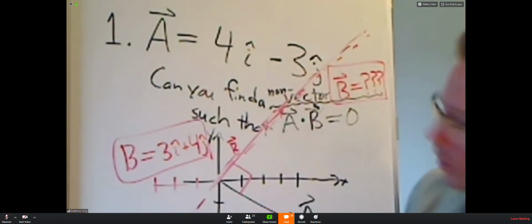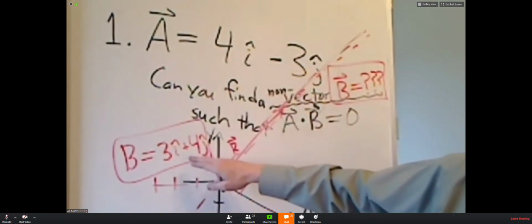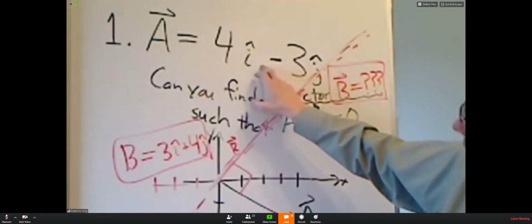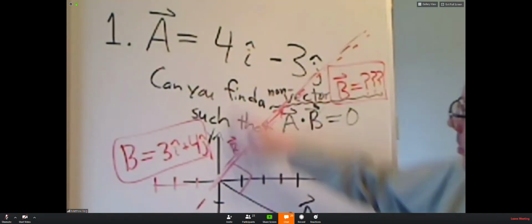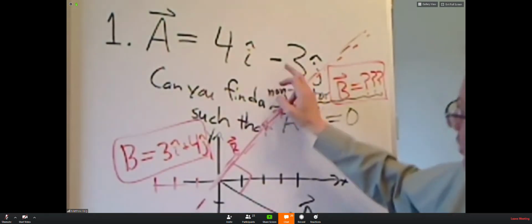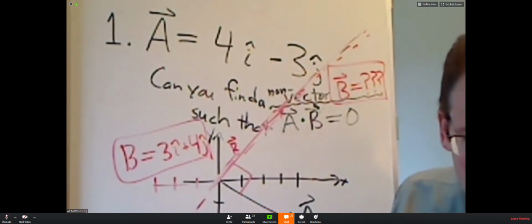So that's a couple thoughts. How can you just kind of verify that A and B will have a zero dot product? How do you do dot product with unit vectors? i times i, j times j, added up. 4 times 3, positive 12. Negative 3 times 4, negative 12. It's a lot like